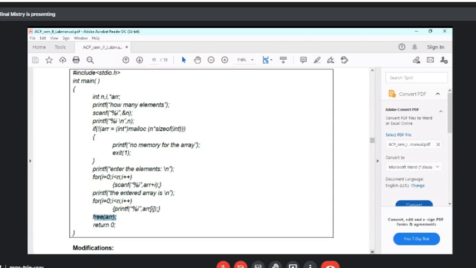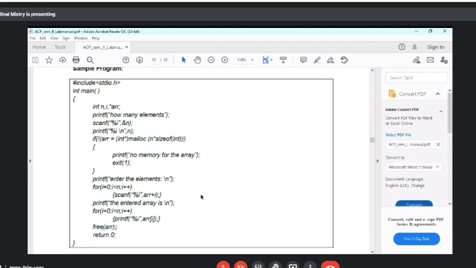So the program is for the same purpose, for allocating memory for n number of elements dynamically using malloc function, scanning the values of these array elements and printing them, right?